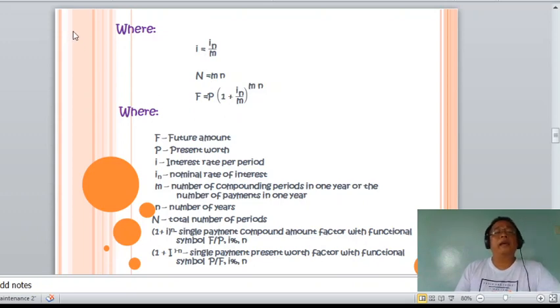the number N now can be defined as M, the number of compounding periods per year, multiplied by the number of years. For example, in 1 year, and then it is compounded monthly, therefore, the number of interest periods in 1 year is equivalent to 12 also. That is 1 multiplied by 12. Okay? So, for quarterly, of course, the number of interest periods in 1 year is equivalent to 4. Okay? So, the future amount now